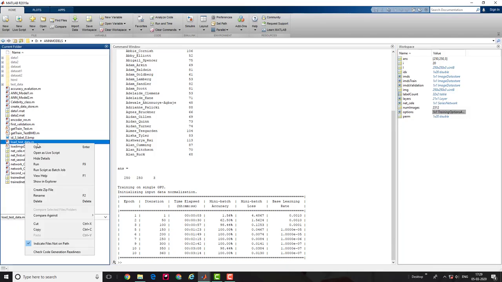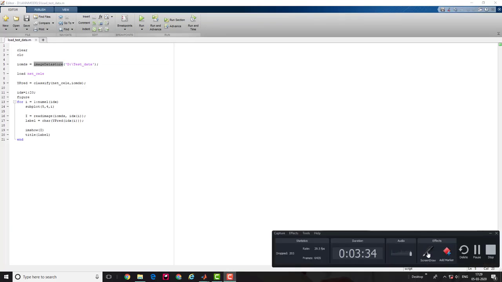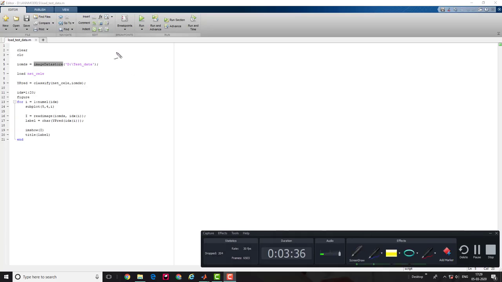For this, I have already created another script. It's really simple. I'm again using a datastore, which I explained in the beginning section of the video. The datastore will load all the images from the test data. Thereafter, I classify the images with the loaded pre-trained model.